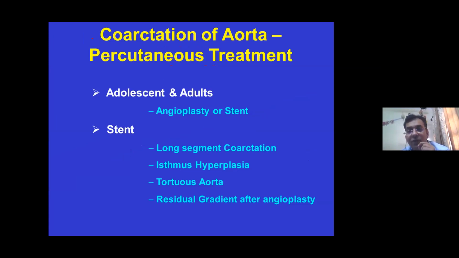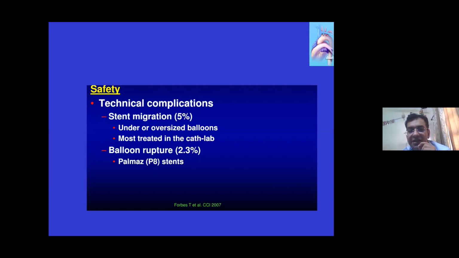I would add to it what we have been re-emphasizing right from the first slide, the concept of malalignment. One must always look at the proximal and the distal segments, and see if both segments are malaligned. Because whenever we are deploying a stent in a malaligned segment, you can think that the stent is going to lie in a very abnormal configuration between the proximal and distal segment, and there is a possibility that it